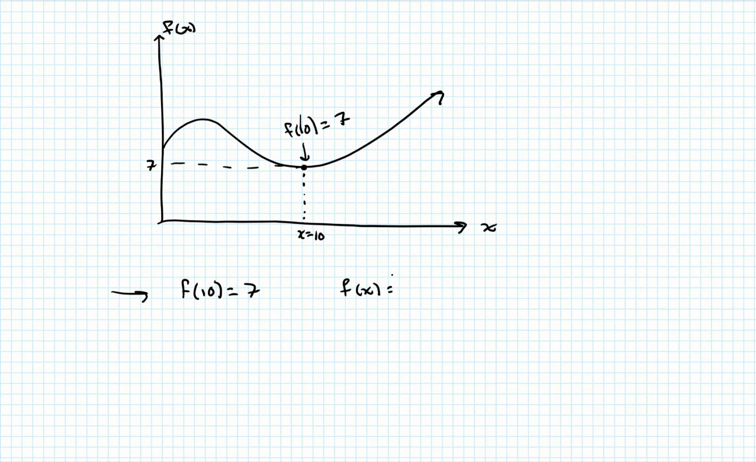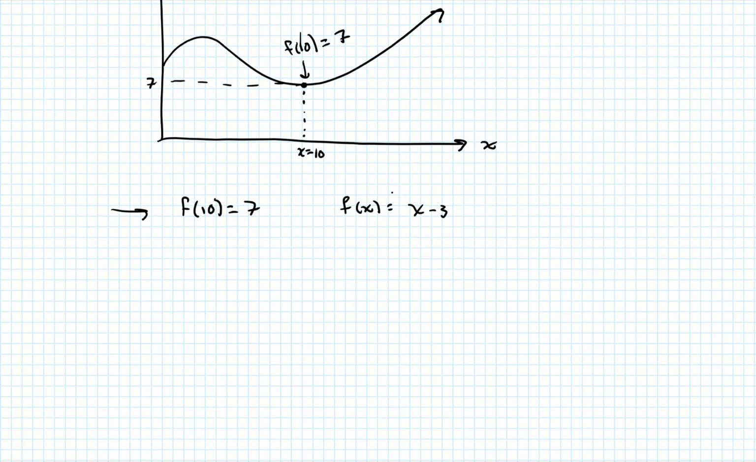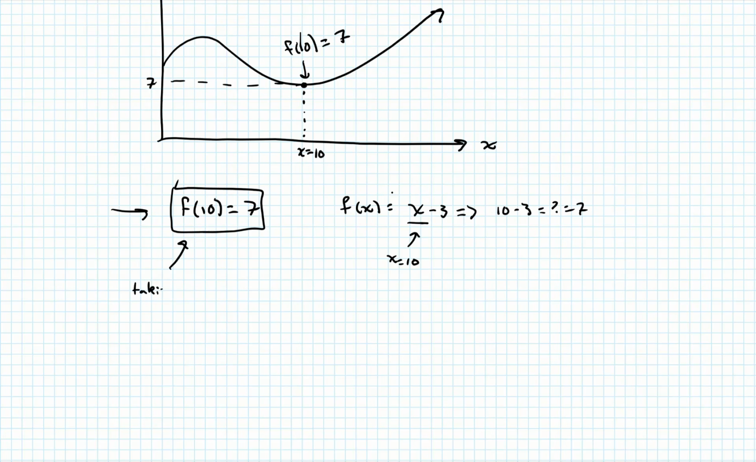Say it was, let's see, x minus 3 would be a good example. So say it was x minus 3, where f of 10 is equal to 7. So we can see here that when we plug in 10 for x equals 10, we now get a discrete relationship. We get 10 minus 3 equals output 7. So we can see that by taking a function value at a specific point, taking f of x at one point,